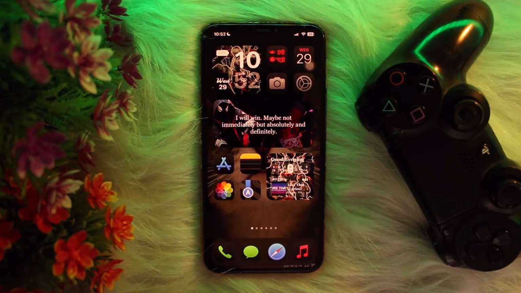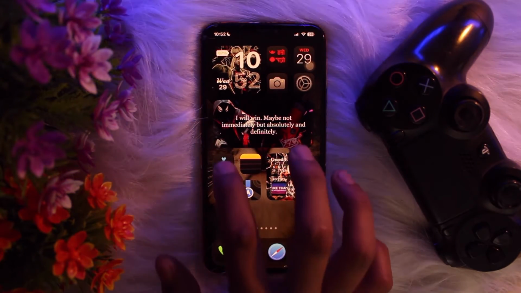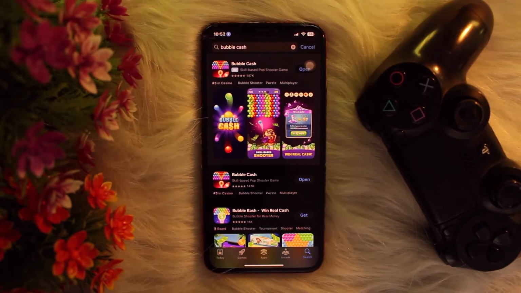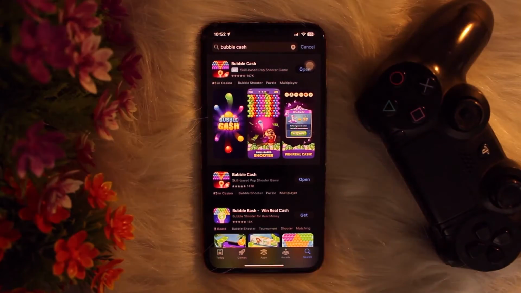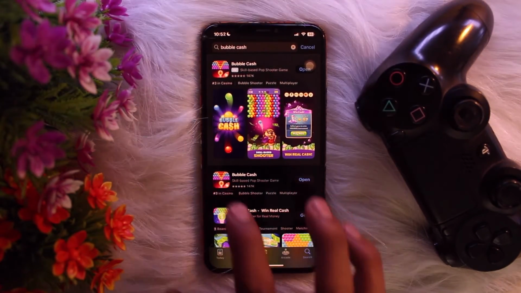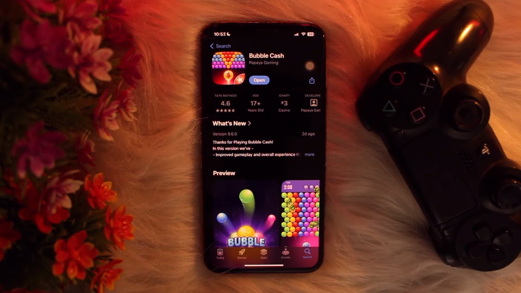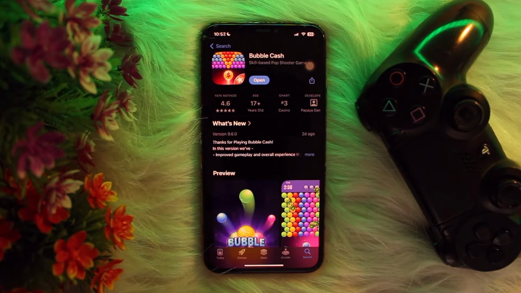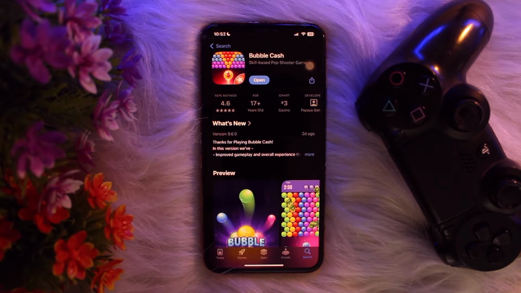So the first thing that you need to do is head over to your Google Play Store, and then once you're there, on the top search bar type in Bubblecast. Now once you do that, look for the app icon like this on your search list, and all you gotta do is just simply tap on it. And now on tapping there, you'll find the option that says install. All you gotta do is simply tap on that install and then follow the on-screen instructions to successfully download the